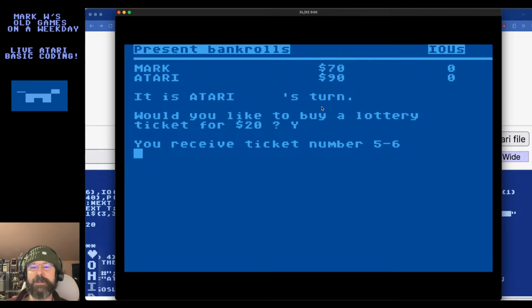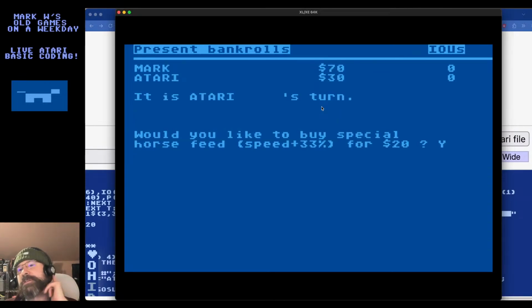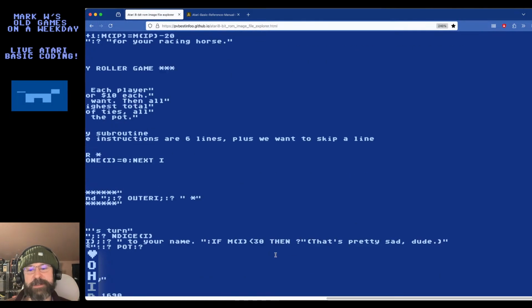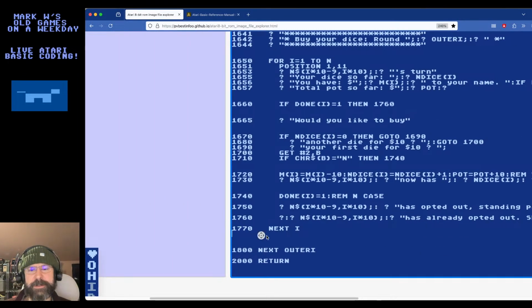And then it says Atari has already opted out. I saw it very quickly. However, the program just returns at that point. So you don't actually see the game part yet. All right. So Atari was doing his turn. And we can break out of that. That's right. Basically, as ugly as that looked, it actually did work correctly.